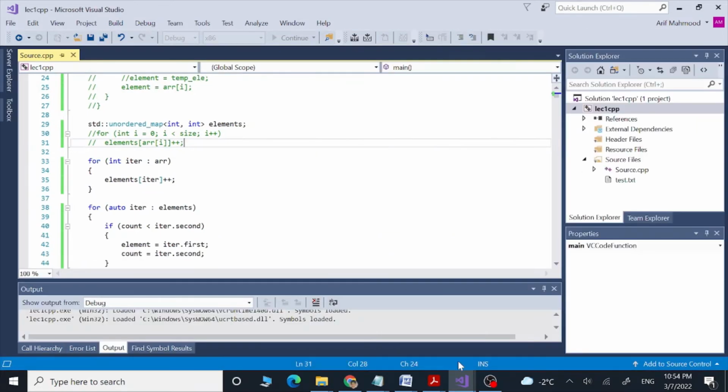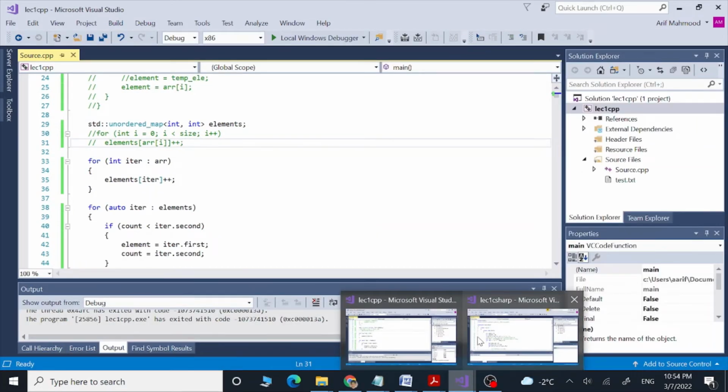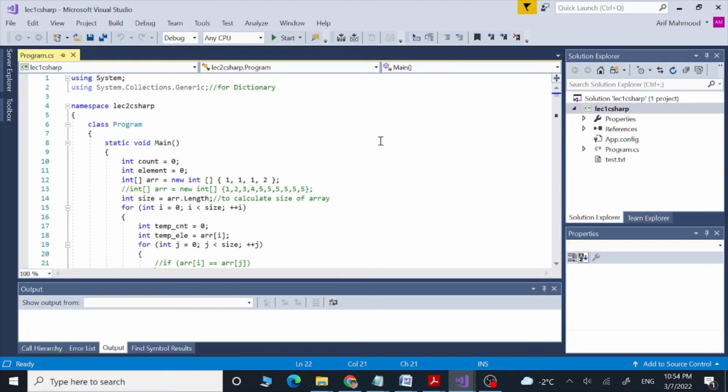Now I am going to skip over to our C# program, and we are going to see how we can do the same stuff in C#. So this is a C# program. Here I am including the System library, and inside this main program I have again defined a count variable of type int, which is going to give us the final count of our most frequent variable. This is going to give us our most frequent variable, and then this is the way to define an array in C#.